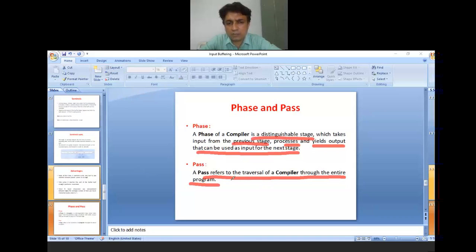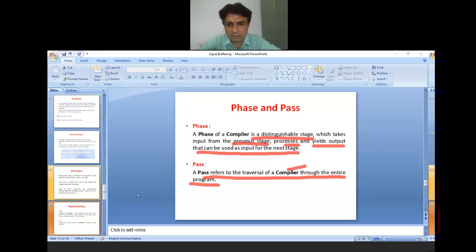If a compiler traverses the entire program in one pass, it is called a one pass compiler. If it traverses the entire program in two passes, it is called a two pass compiler. In the same way, if it traverses in many passes, it is called a multi-pass compiler. So this is the definition of phase and pass.